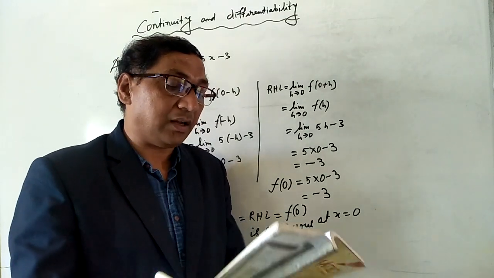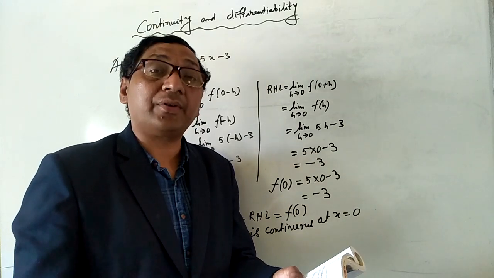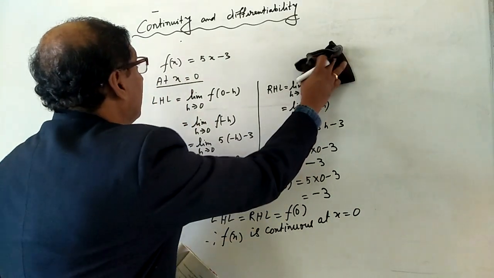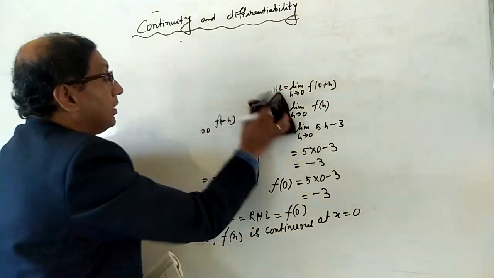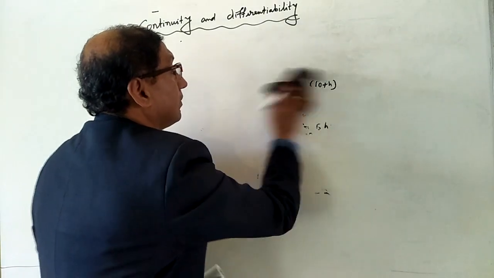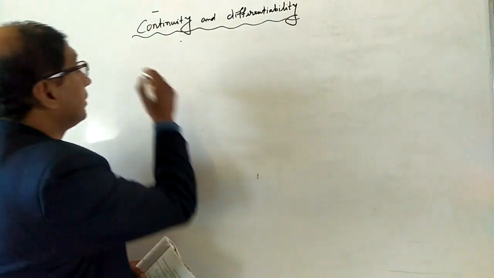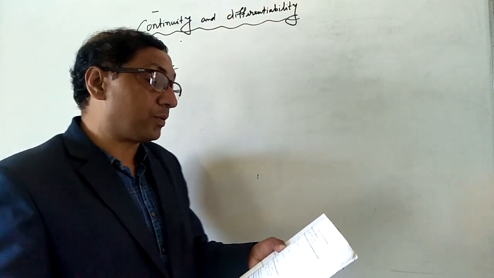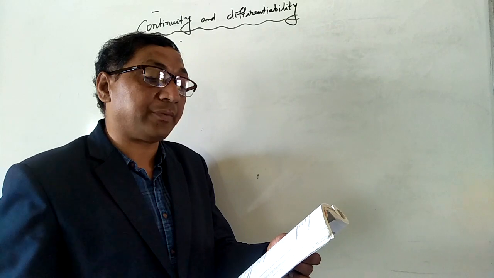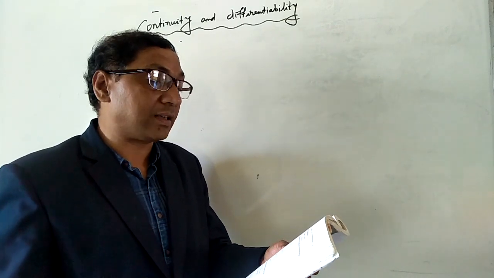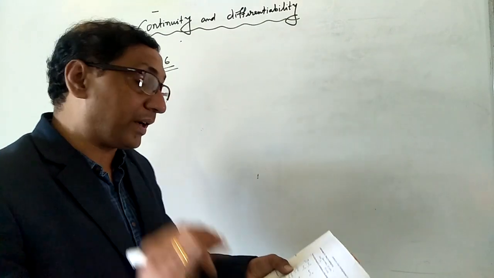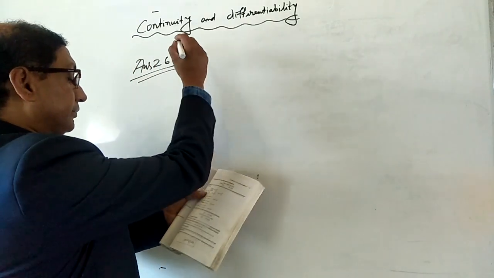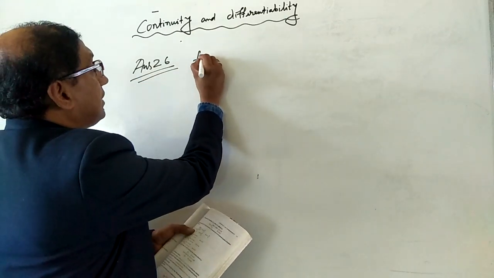One I am showing, question number 26. How we can find, if the function is continuous, it is given, and the value of k we have to find. Now read that question very carefully. Find the value of k so that the function f is continuous at the indicated point in exercises 26 to 29. So here what is the function given, just check. Okay, so here in question number 26, f(x) is given.